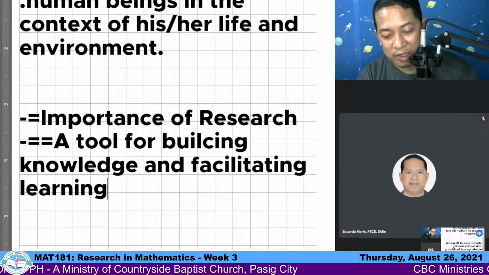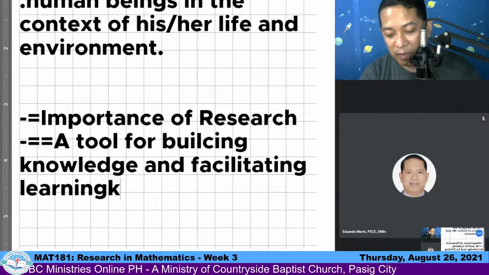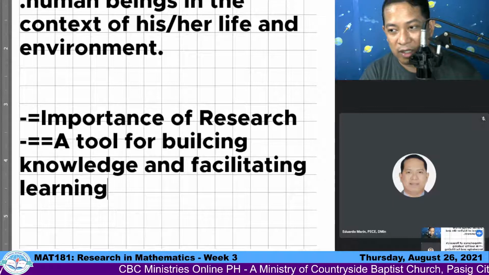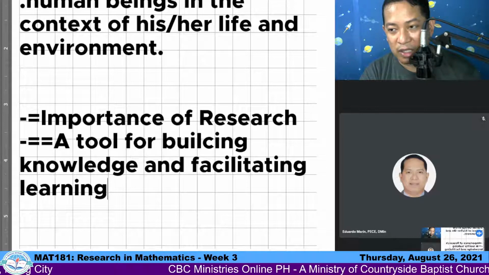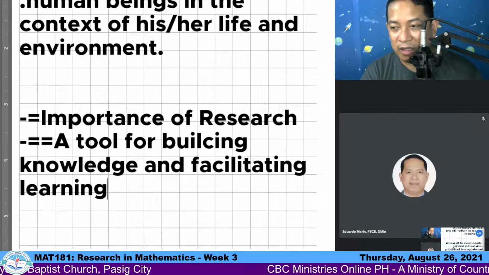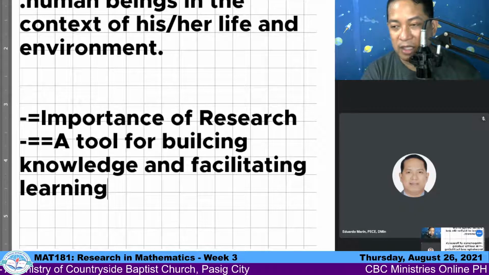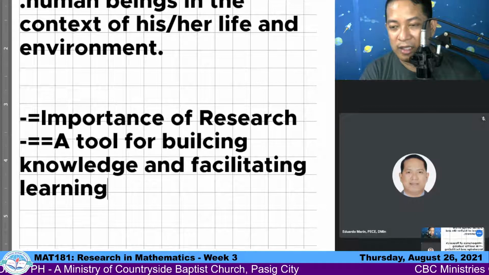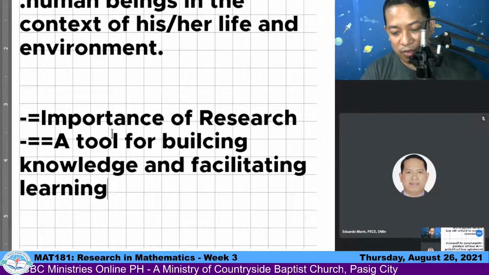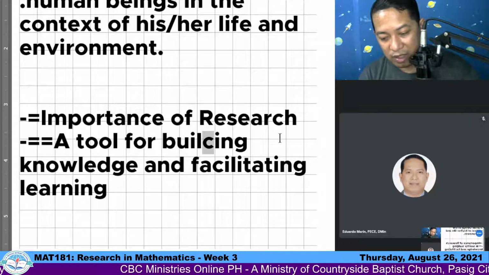Development as far as some modern tools or techniques. So, meron pa rin mga gagamit ng mga traditional long method. Yet, there are ways that we could get rid of the long method and make use of simulation software perhaps. So, these are developments in the body of knowledge because of research. So, these are tools for building knowledge. And this is continuing. So, nagpapatuloy ito